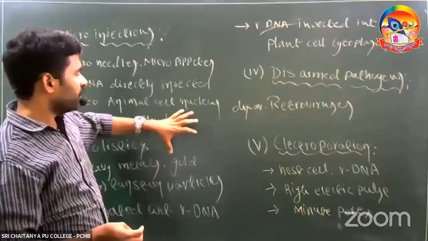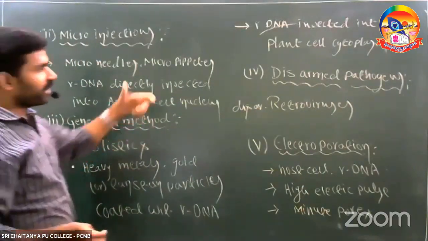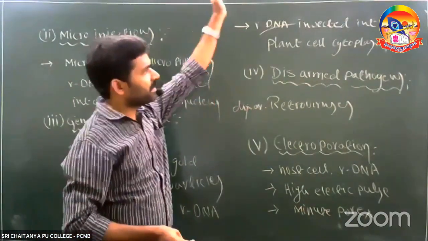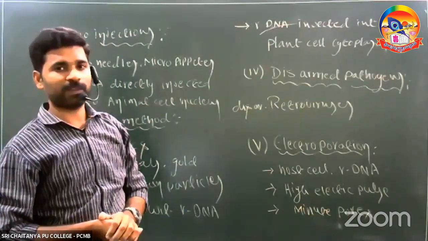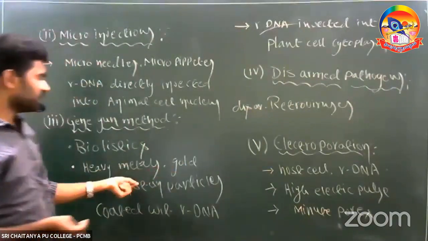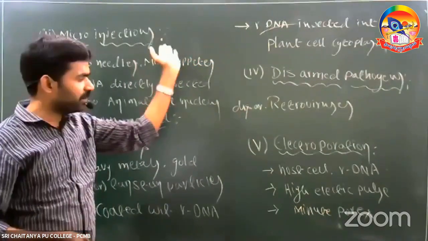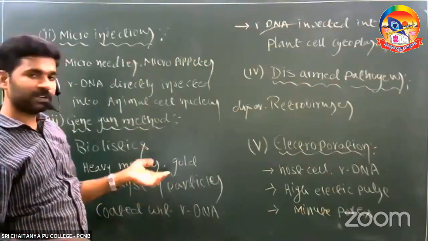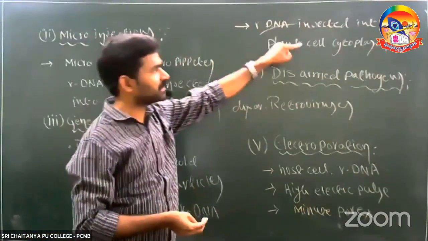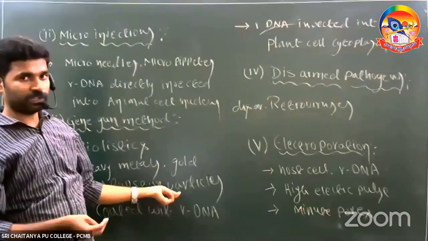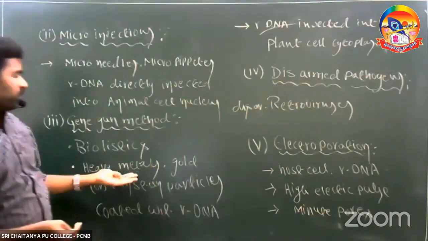Okay, right? So the rDNA containing cells we collect in the gene gun. When we press the trigger, automatically the rDNA enters into the plant cell cytoplasm. The gold or tungsten particles leave the rDNA molecules in the plant cell cytoplasm, and they come out again from the plant cell cytoplasm. In that process, the particles leave the rDNA molecules in the plant cell itself, right? So the third method is applicable for plant cells.